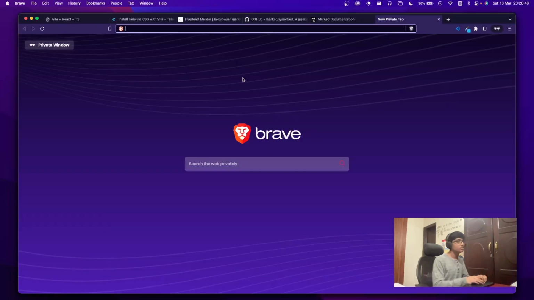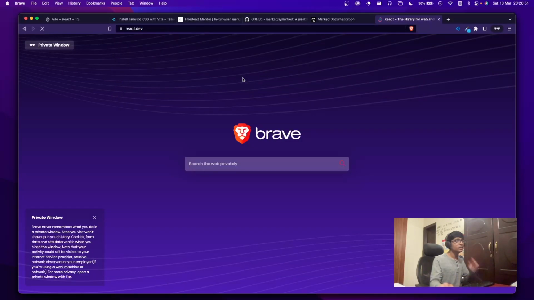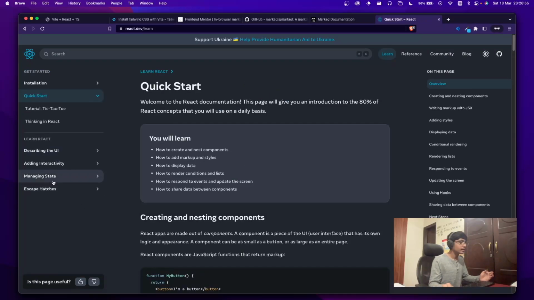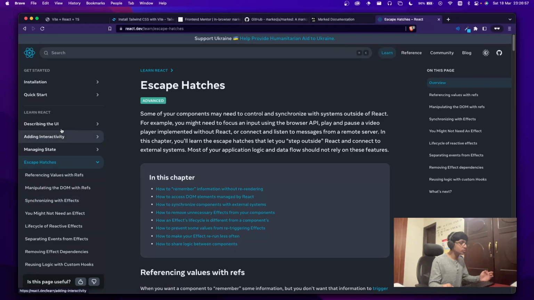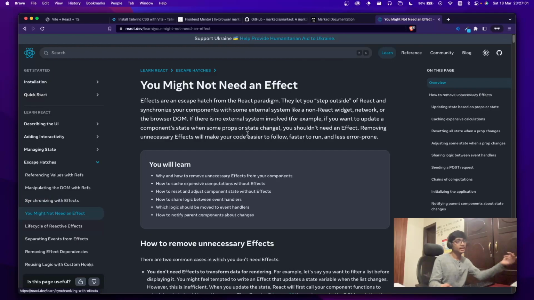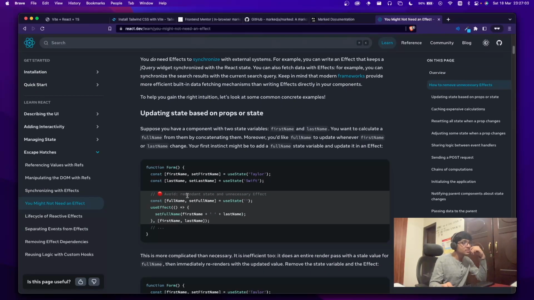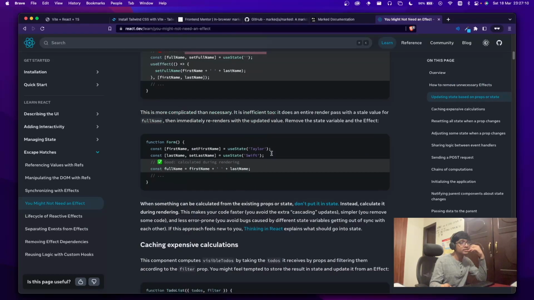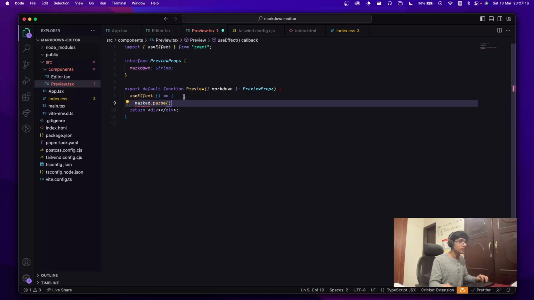But this is kind of an inefficient way to do this, and it's actually mentioned in the new React dev docs as well. You might not need an effect. So if you look at this, it tells you how updating state based on props or state, people do this redundant state and unnecessary effect here, and you can just calculate it during rendering. So all you need to do is you can actually remove this whole thing over here